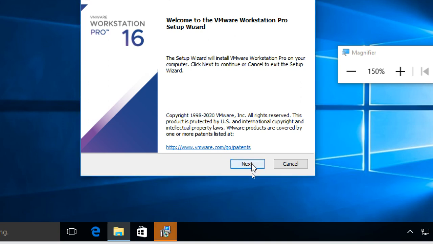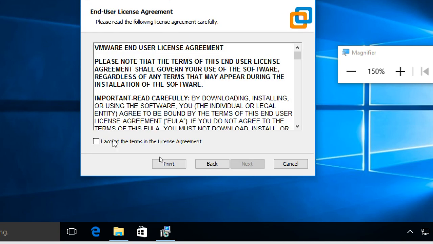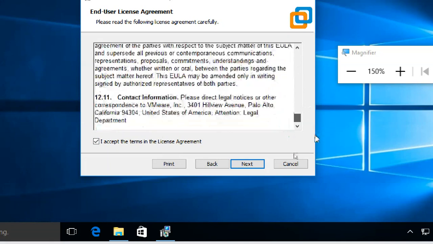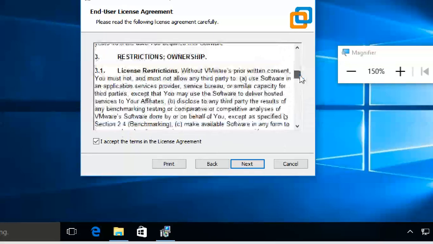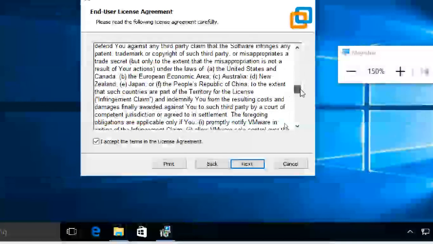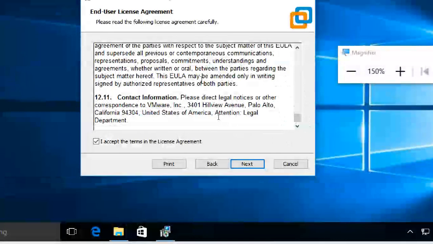And also options. Next. Okay, accept the license. This is the license agreement. I'm not saying read the entire license agreement. Just scroll down and see at least like this. You can get one or two points. See, it belongs to California. Contact information is given here. See, like that, you can get some information. Next.